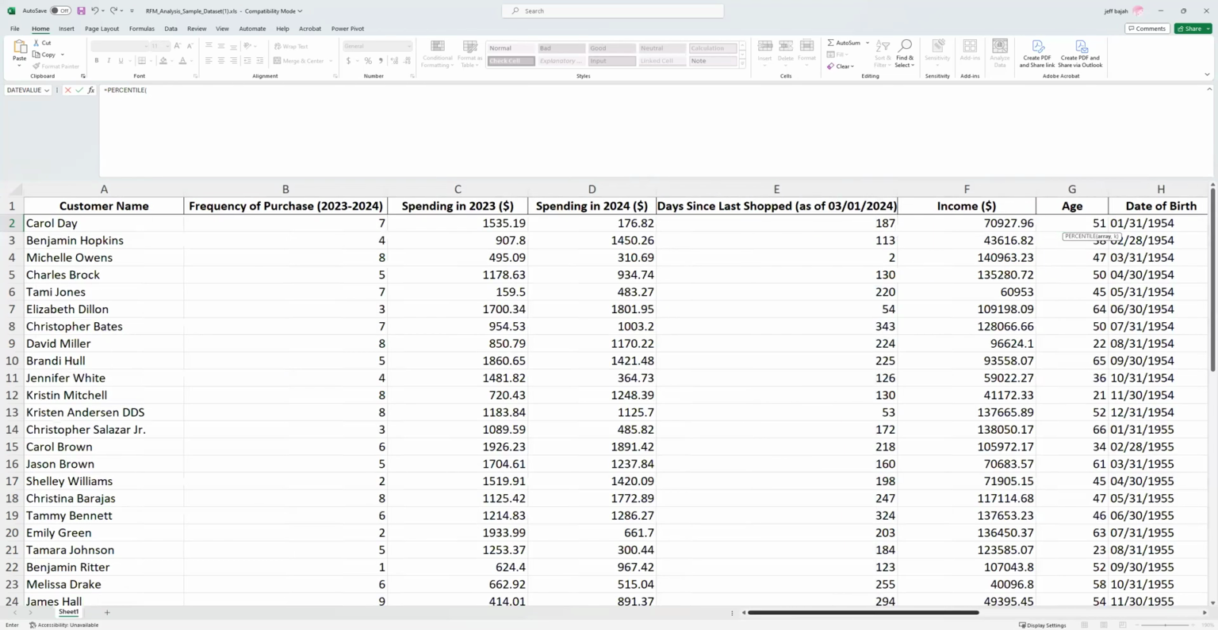And based on what the company wants to work on, they can use a different